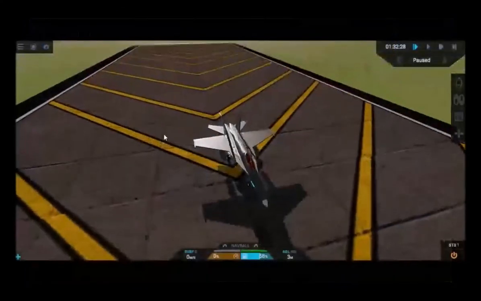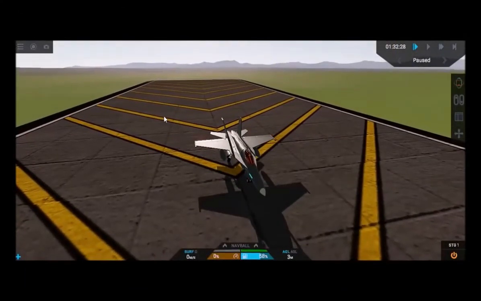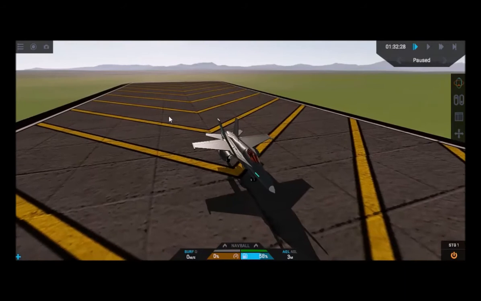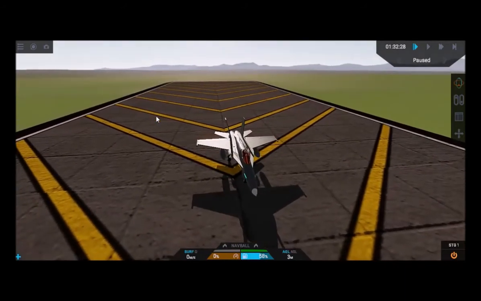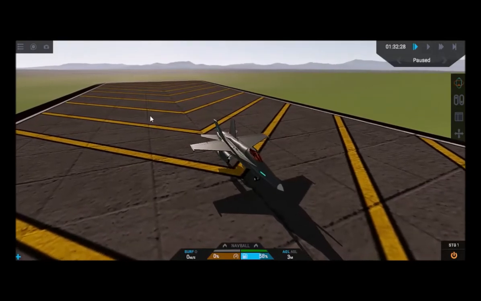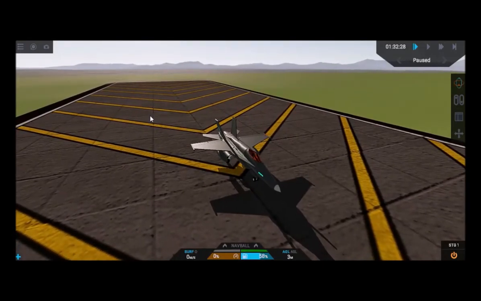What we have here is a part of the Simple Rockets 2 simulator or game, which is mainly about rockets, but it has some planes. So this F-18 is on planet Drew, and it's a fictional planet. And the beauty about it is that we can tweak some things. So the original